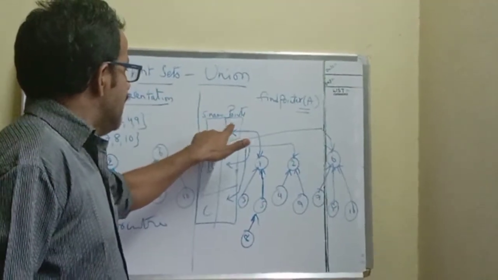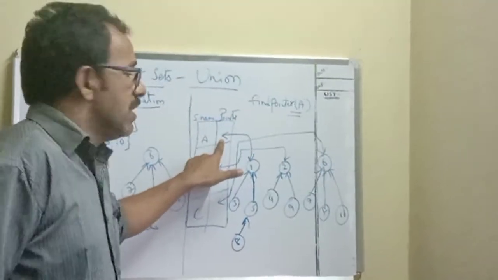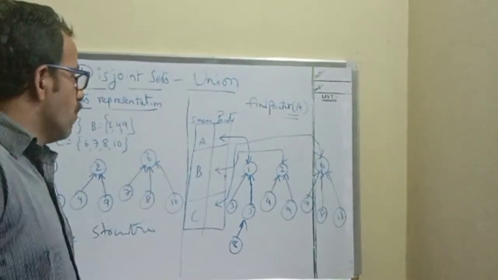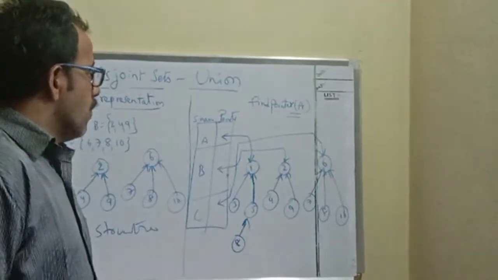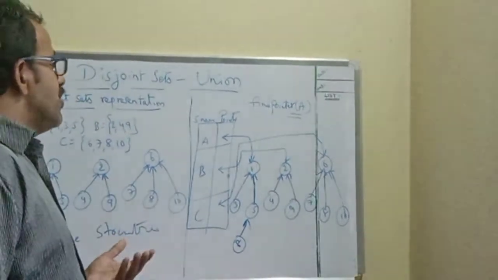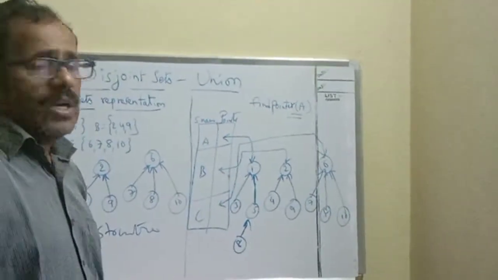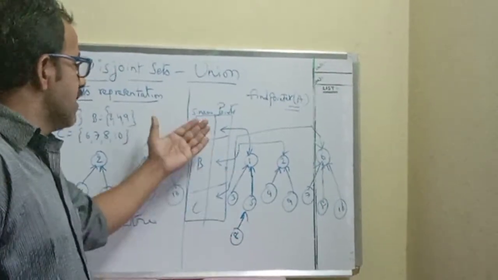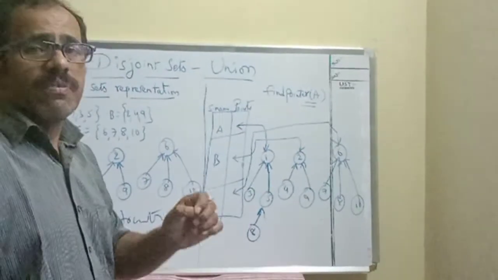Which immediately takes the address mentioned in the pointer field, and that address is the address of root node 1, so it automatically reaches root node 1. So in any fashion, if you want to find any element in this set, or reach the respective root node of any set, we can reach it by using find. If you want to find any element, the ultimate aim of find I have already told in operations. So find is used for finding the set name.